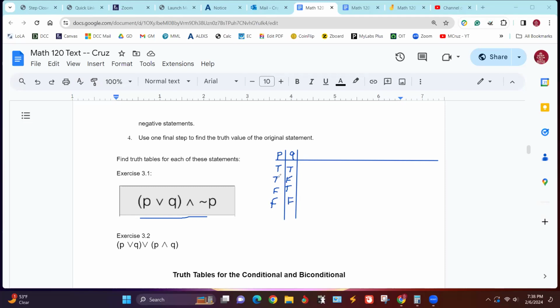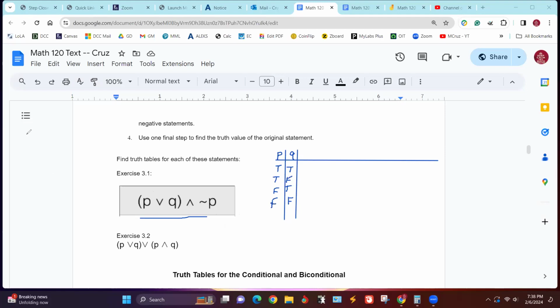So there's the 4 possible ones. True, true, true, false, false, true, false, false. All right. So generally, just like with the set operations, with this, we're going to work from the inside out on the most complicated part, generally going right to left. And inside of these parentheses is that indeed most complicated part. So we're going to write right here.